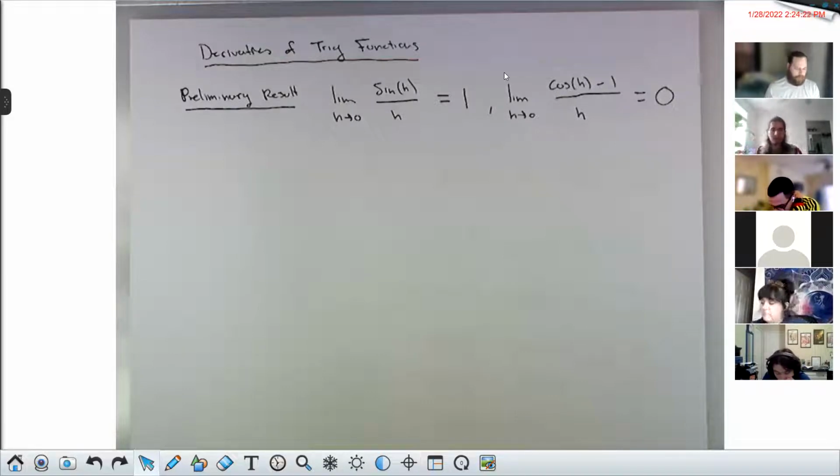Go through the derivatives of sine and cosine. And then at the end, I will convince you that these things are true beyond just showing your Desmos graph. The Desmos graph is probably pretty convincing for most of us, definitely pretty convincing to me, but the geometry proof is like a classic part of Calc 1, so I'm going to show it to you. All right, with that out of the way,